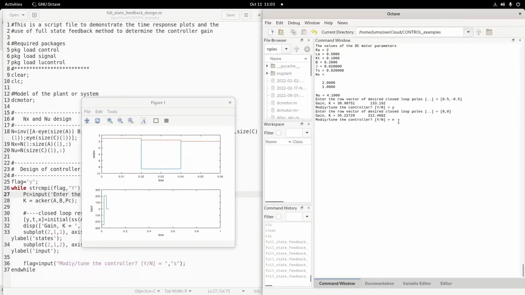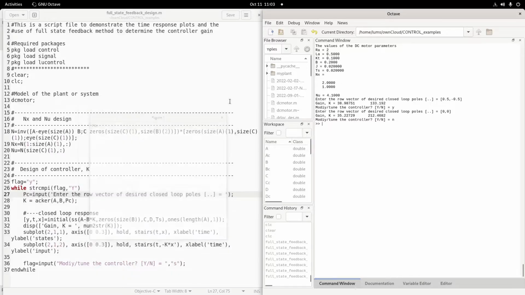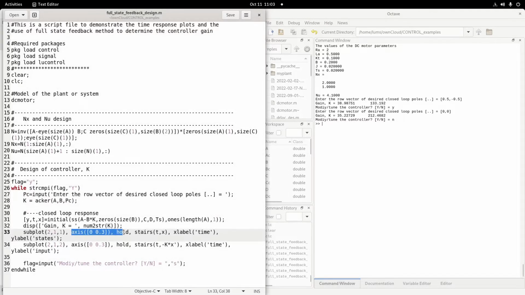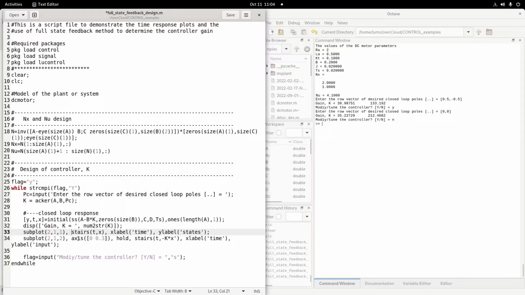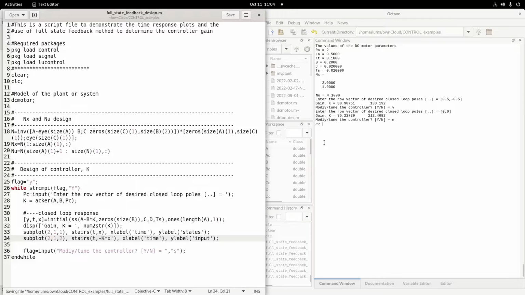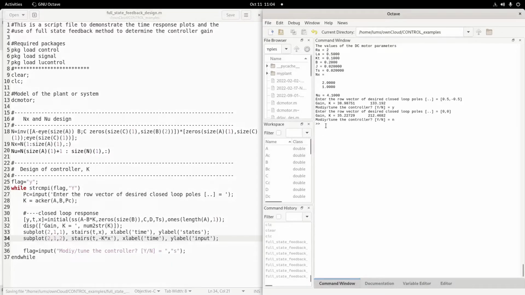Let me exit the while loop, close this. I will remove the restriction on the axis, so let the axis auto adjust to any value. So I am removing the restriction on the axis limit. Let us save that, and I will execute the script again,